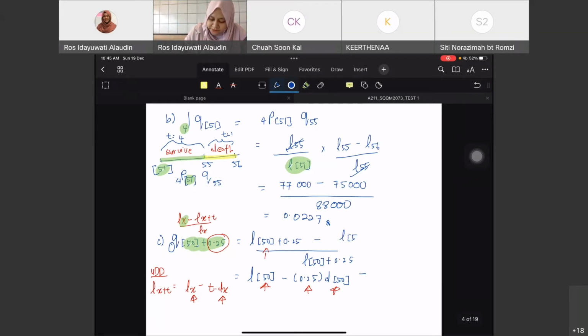L51. So it becomes, we still use the same thing. So L51 plus t is 0.25, D51 over the same thing as